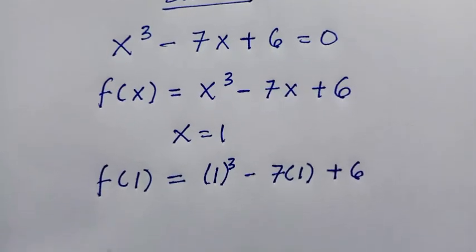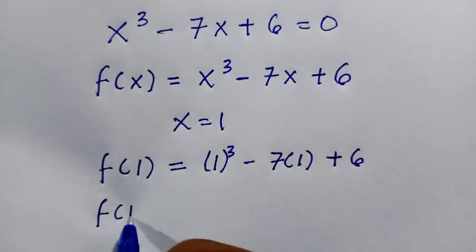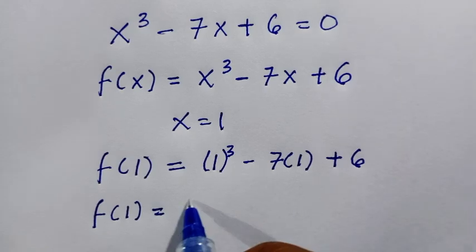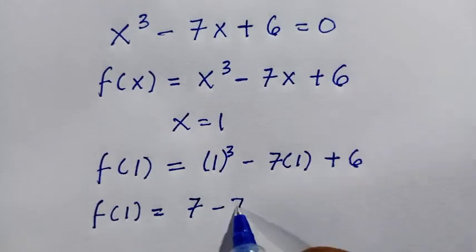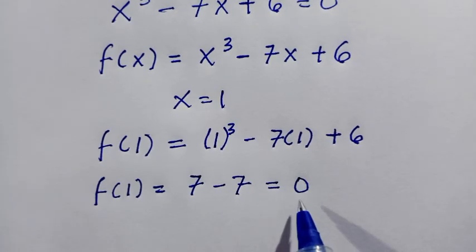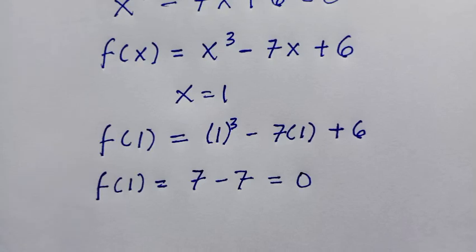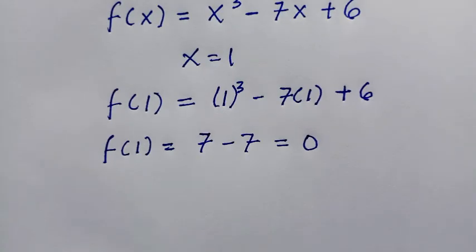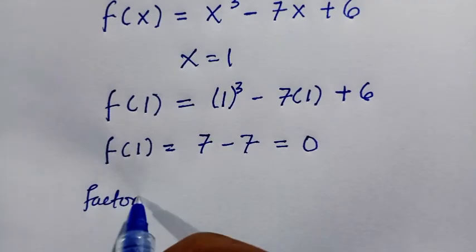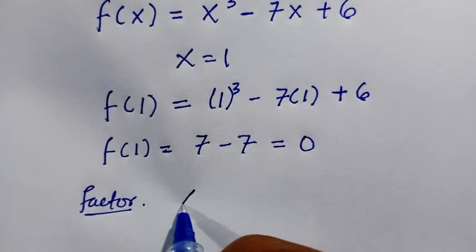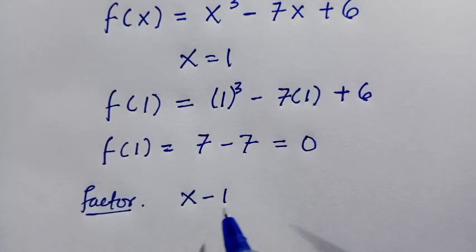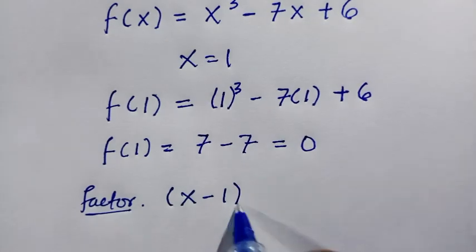So from here we have f of 1 equals 1 cubed, that is 1, minus 7 plus 6, and we get 7 minus 7, which equals 0. As this equals 0, we can conclude that x equals 1 satisfies this. Therefore, we consider the factor x minus 1. As x equals 1 is a root, x minus 1 will be one of the factors